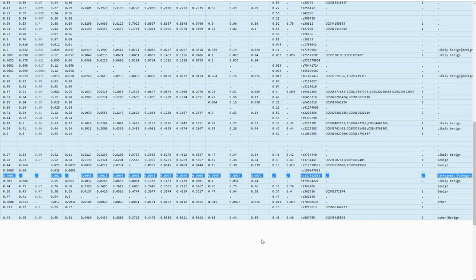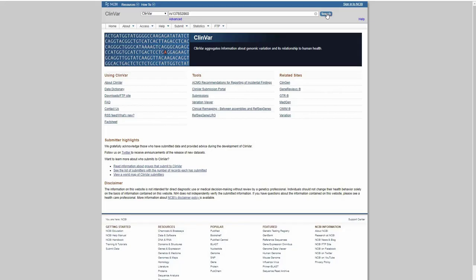Question 7. Is this variant previously known to be of clinical significance? To assess such information, let's go over to the ClinVar database, a freely accessible public archive of reports of the relationships between human genetic variants and phenotypes with supporting evidence. We can query ClinVar with the variant's rs number.